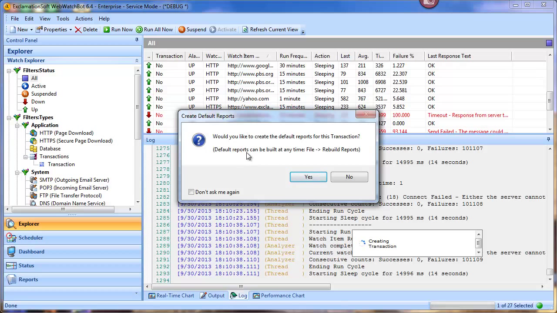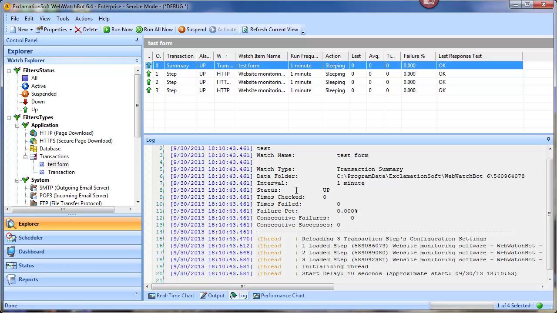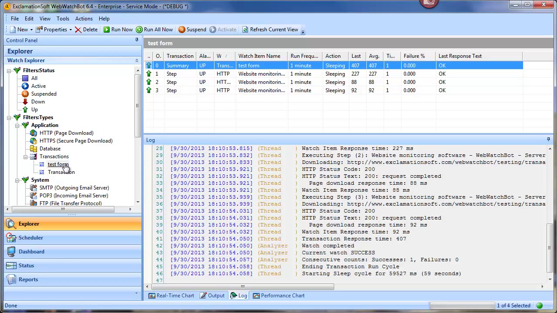And by default, it's just asking if I want to set up the reports. I'll go ahead and say yes, I want to set up the reports. Alright, so now the view has changed. In the Explorer, under Transactions, we have the new test form. It's already selected. The watch list shows test form up here, and also